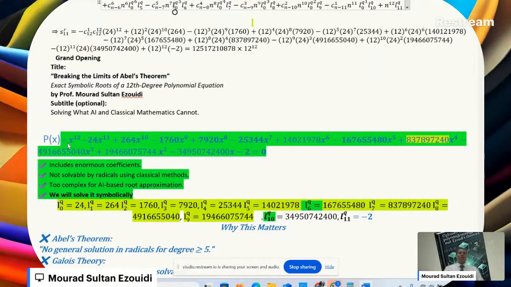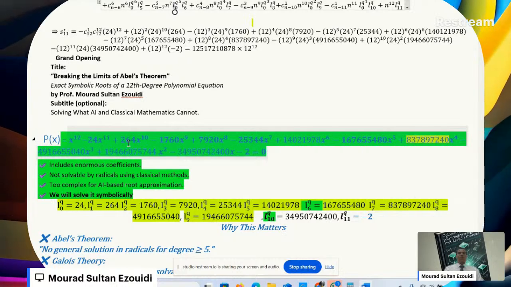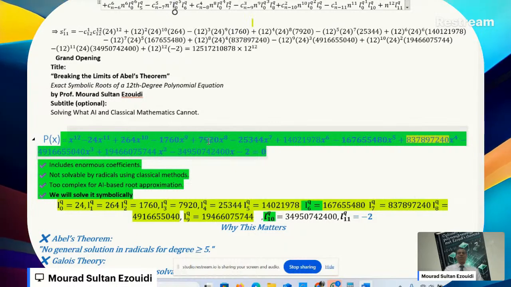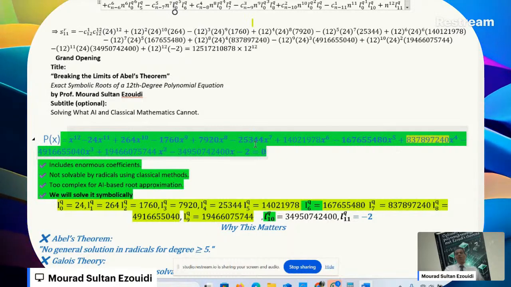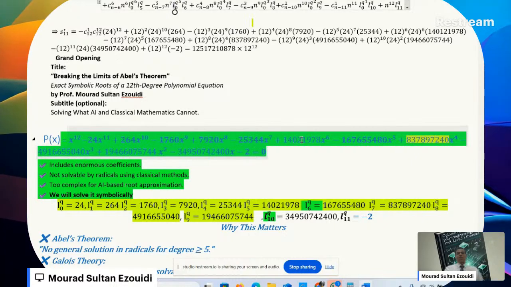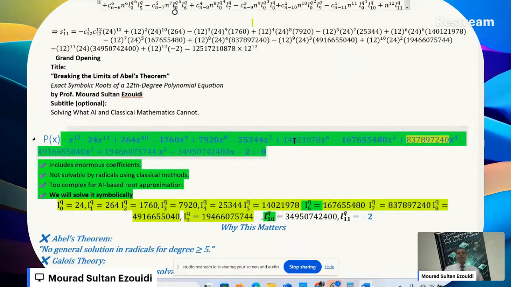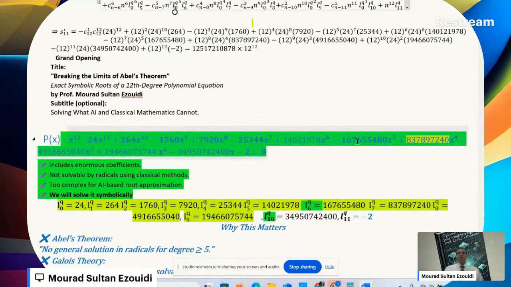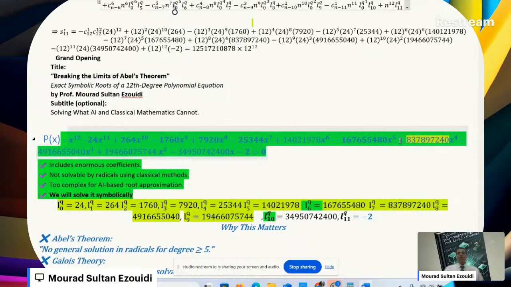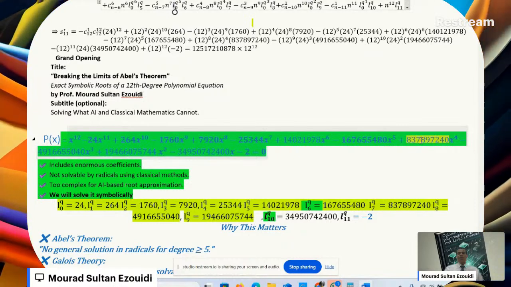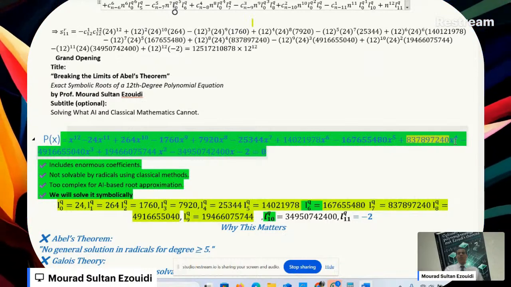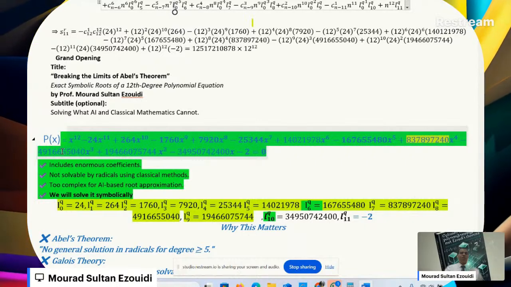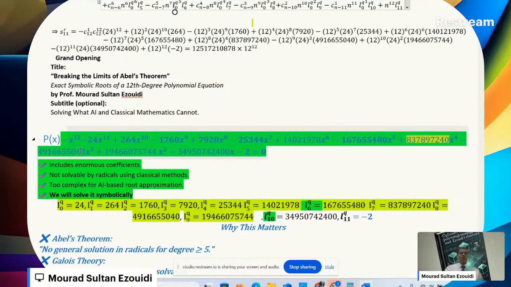So you see this is p of x equals x to the power 12 minus 24x to the power 11 plus 264x to the power 10 minus 1760x to the power 9 plus 7990x to the power 8 minus 25,344x to the power 7 plus 21,978x to the power 6 minus 167,655,480x to the power 5 plus 837,897,240x to the power 4 minus 49,166,550,040x cubed